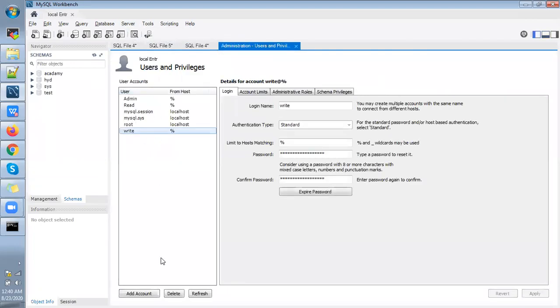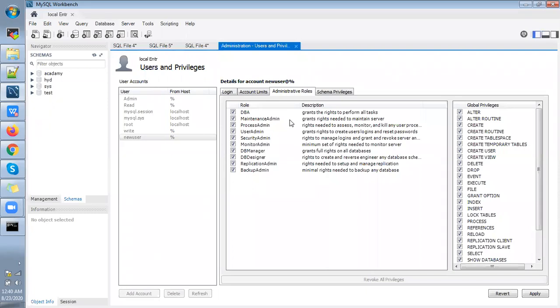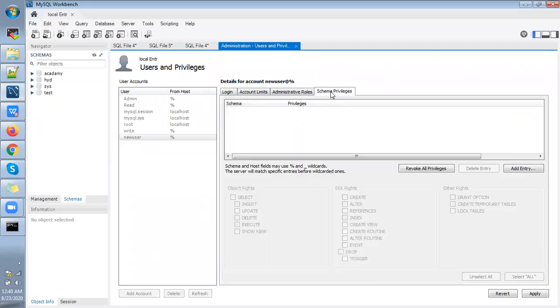So here all the users are present. Just click on Add Account here, then give a user name, anything like admin_user. I'm giving admin underscore user because an admin user is already available. Here, if you want administrator roles, you can select everything, or else you can put schema privileges alone.